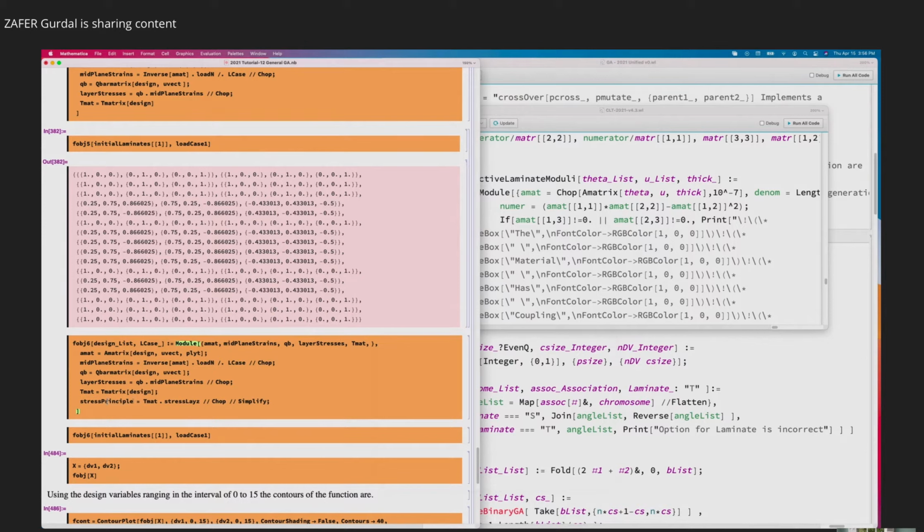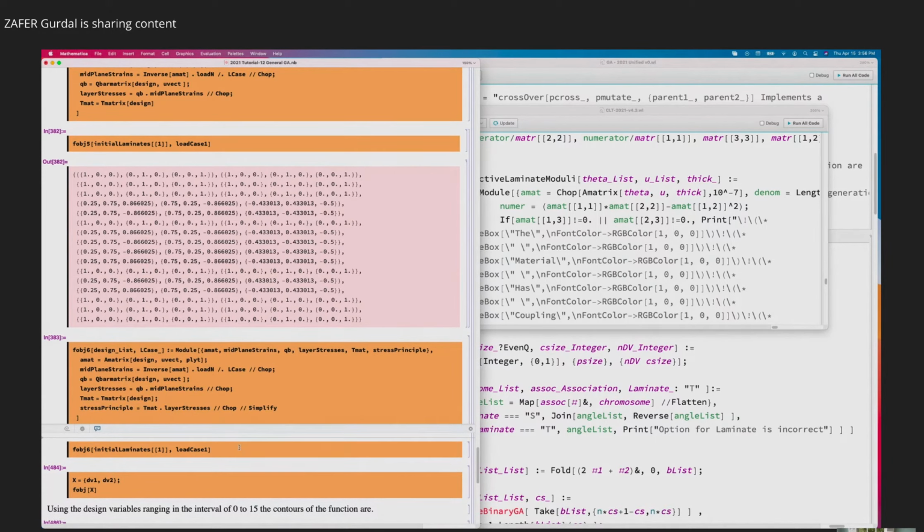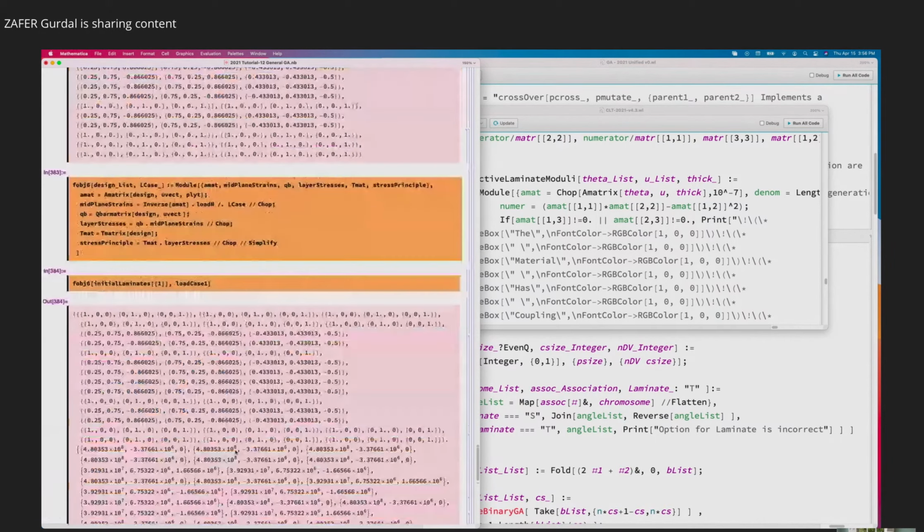I'll call it stresses principal. Add it as my internal variable. And the T matrix is here. Stresses layer Z are actually changed to this, that product of the T matrix and the layer stresses. And I simplified it. This will be the new function, objective function 6, which will spit out